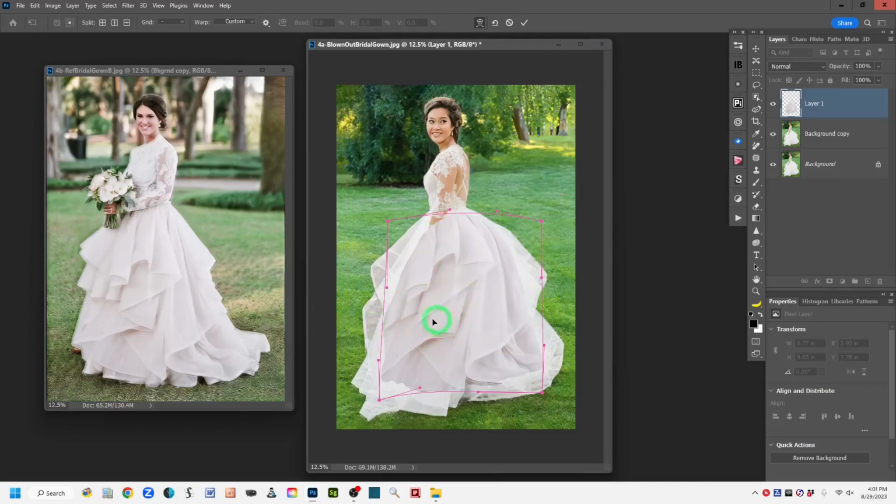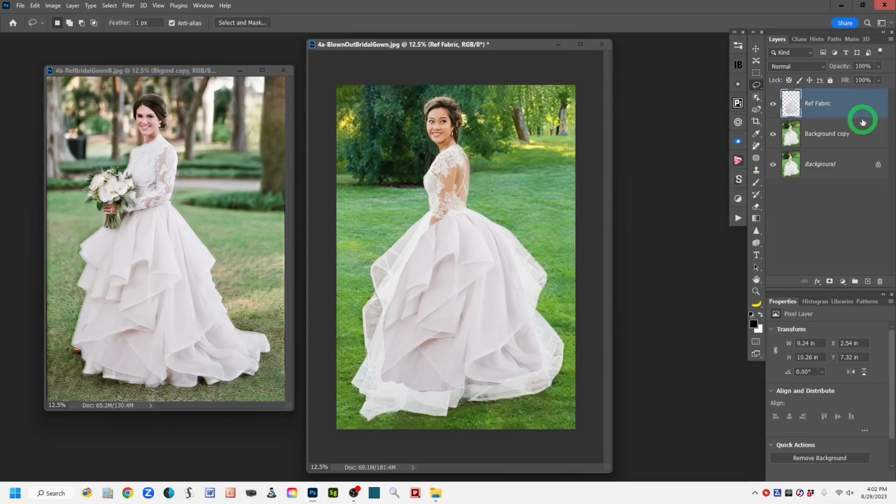Use the Warp tool, Edit, Transform, Warp, to just push and shove whatever it is that you're putting into place to match, whether it's feathers, whether it's whatever, the direction of what something might be going on the object that you're trying to repair. So once you get that warped the way you want, come to the top of this interface and left click on the check to accept it. Okay, so you can see that's there. And this is going to be the reference fabric